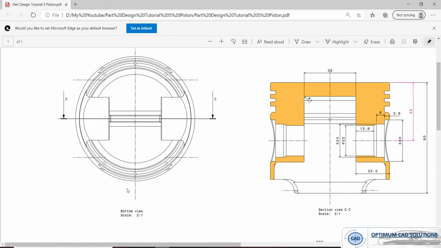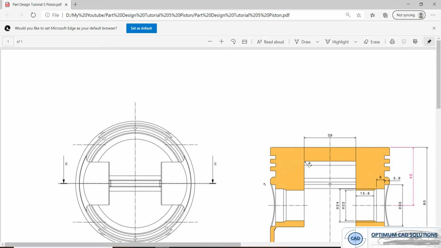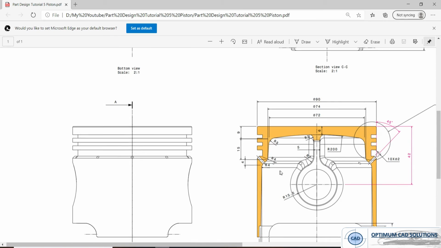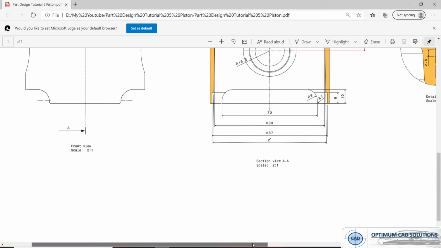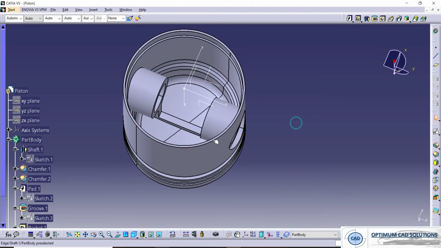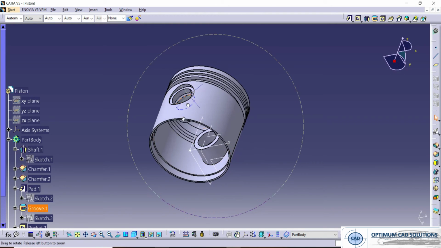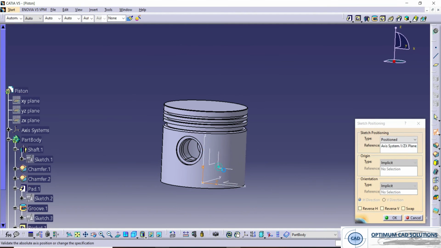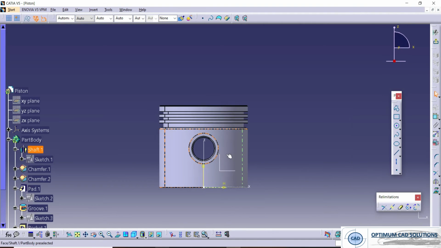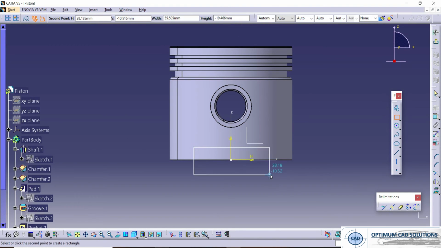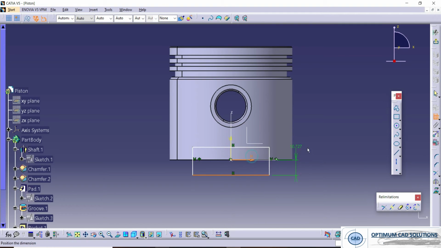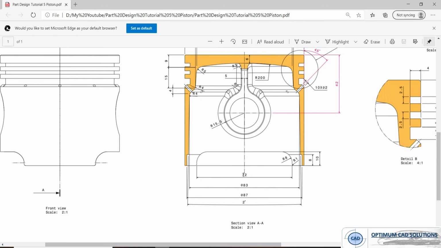So now the remaining portion, that is this pocket, is required to finish. Again select the plane. So this is of a 10 mm and diameter of a 72.